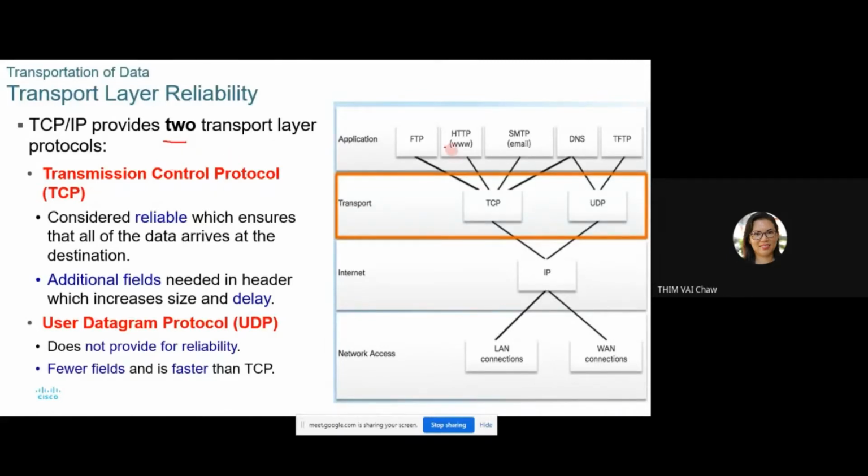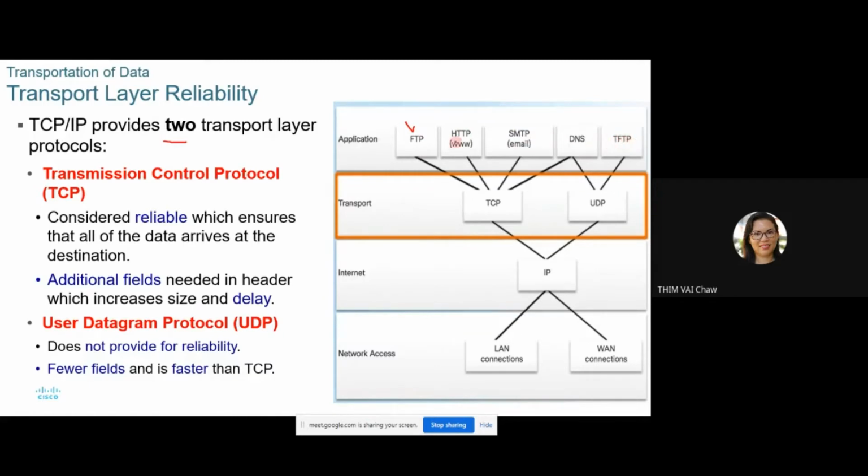So when you are designing, maybe one day you are a programmer and so on, for example you create your FYP, your final year project. Most of you definitely need to handle your final year project. You need to design your system and create your application. You need to identify what kind of transport layer protocol is relevant to your system. So there are HTTP, FTP, SMTP, DNS,